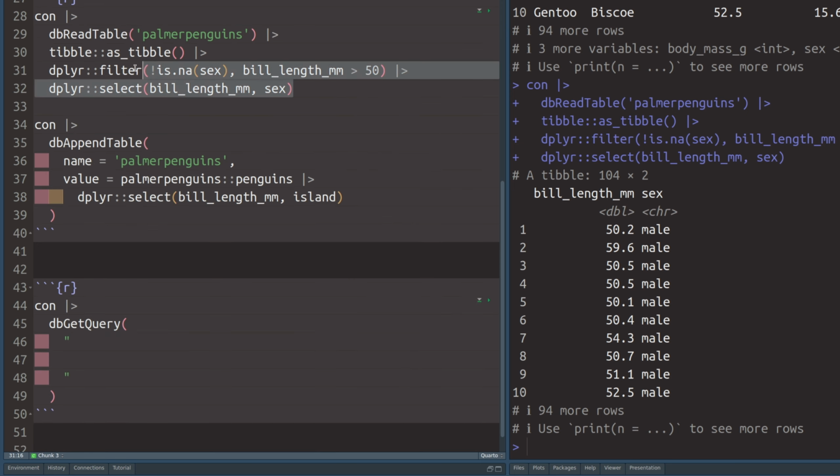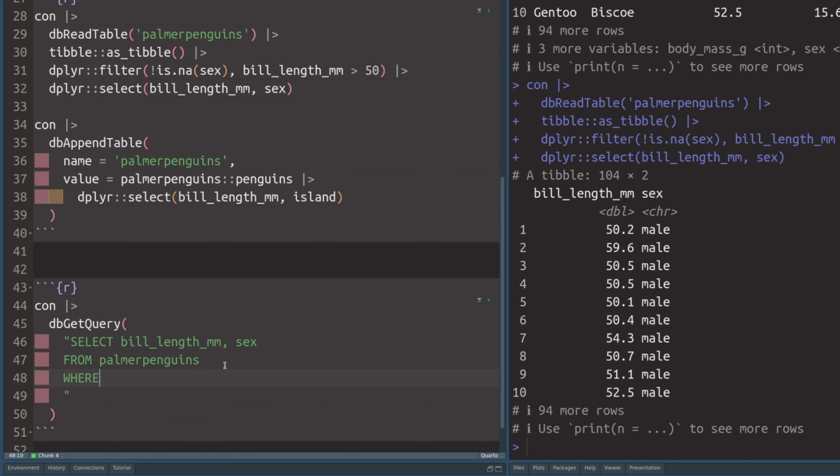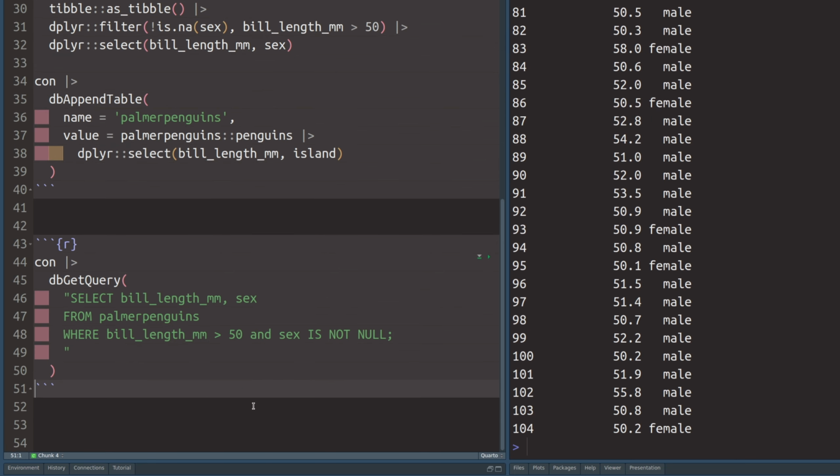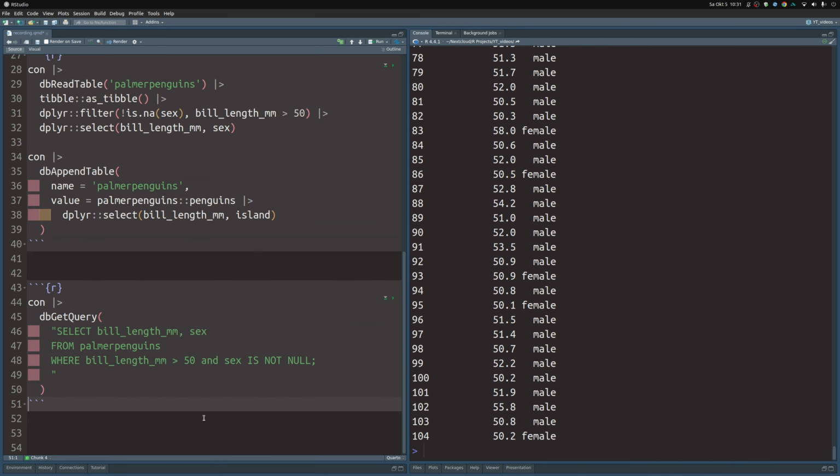So here we could mimic what we have specified here. In SQL, if you want to get specific columns, you will just say SELECT and then the names of the columns. You will specify from which table you want that. In our case, the table is called Palmer Penguins. And then when you want to have specific conditions like we have here, you will use the WHERE clause. And then there you specify that things like the bill length should be larger than 50 and the sex column should not be NULL. And with that, if you execute this, you do get the filtered data immediately,